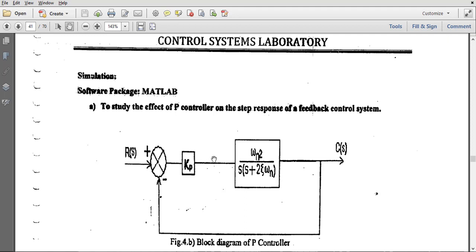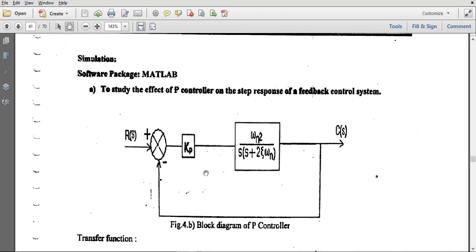Now, why do we use Kp? There are different reasons for using Kp. It is used where the system is very slow and we want to make the system faster. For a faster system, the system becomes slightly oscillatory. If we introduce Kp to it, the system becomes oscillatory, and if we increase the value of Kp, we can make the system much faster. We are going to check the use of Kp in the following experiment, where we'll be writing the code in MATLAB.